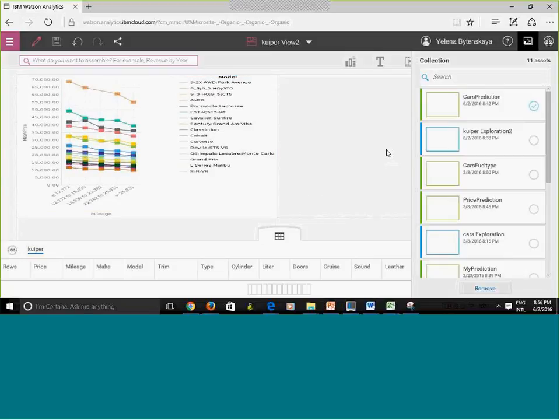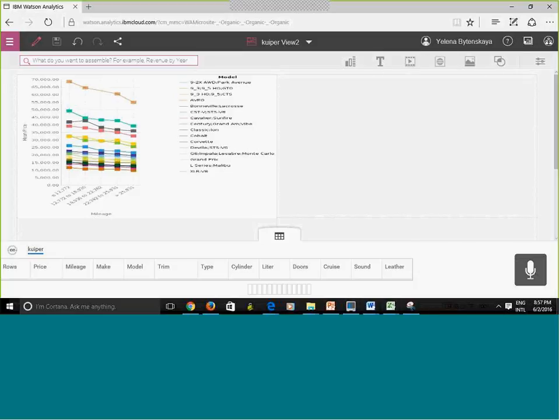If I want to add more visualizations, I can go back to edit and I can add a web page's URL here, or I can create new visualizations, or I can just drag and drop another visualization right here. I select this and I drag this. Oops. Okay, let me close this out.